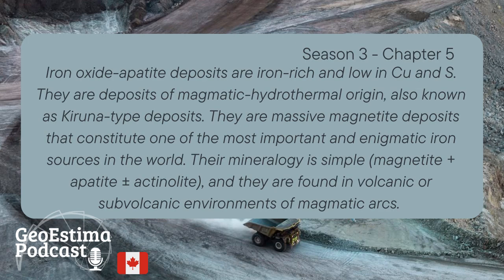Iron oxide apatite deposits. Iron oxide apatite deposits are iron-rich and low in copper and sulfur. They are deposits of magmatic hydrothermal origin, also known as Kiruna-type deposits. They are massive magnetite deposits that constitute one of the most important and enigmatic iron sources in the world. Their mineralogy is simple, magnetite plus apatite plus or minus actinolite, and they are found in volcanic or subvolcanic environments